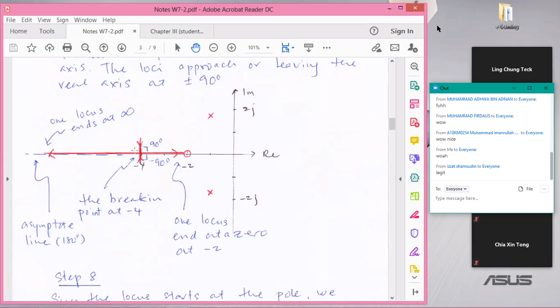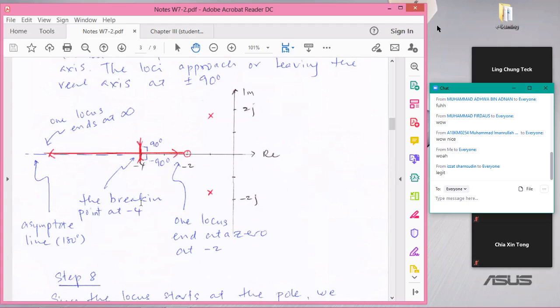One of them will go to the right and finish at the 0 located at -2, and another one is going to go all the way to infinity. Somehow that branch will come from that pole. So our locus will begin from the pole, leave the pole and somehow enter the real axis